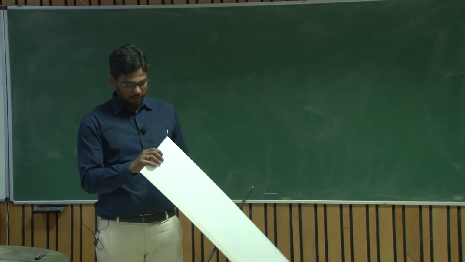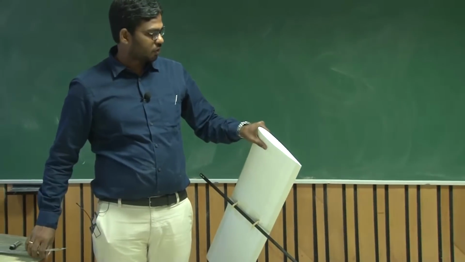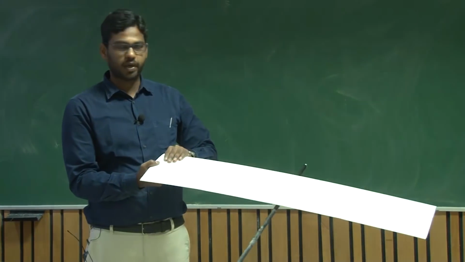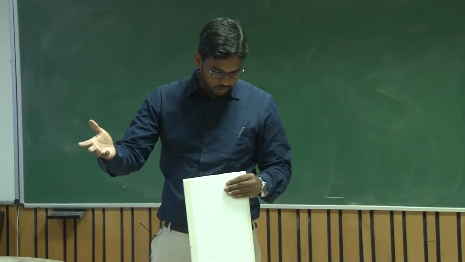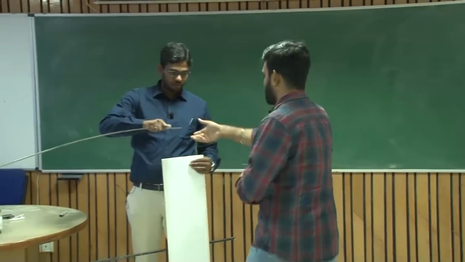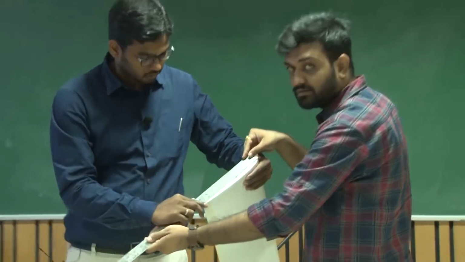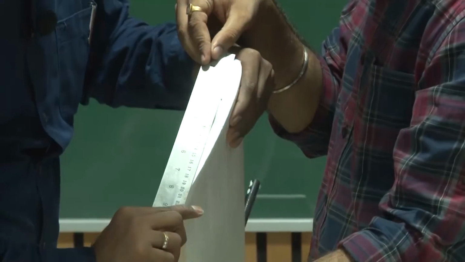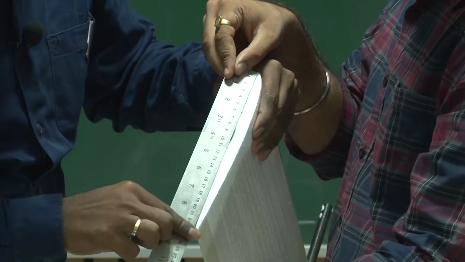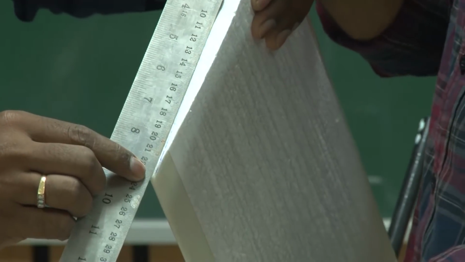So let us have some marking on this. As I told you, the chord is 0.23 meters and the span is 1 meter, right? I request Himanshu, my researcher, to help me with this. You can see here this is approximately 0.23 meters, or 23 centimeters, the chord of this wing.